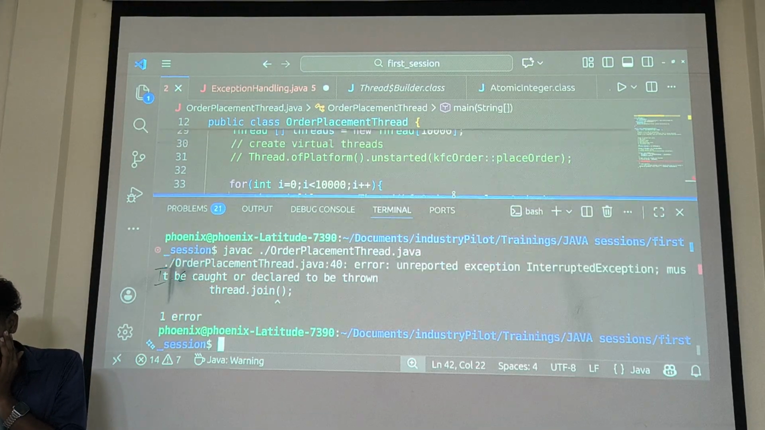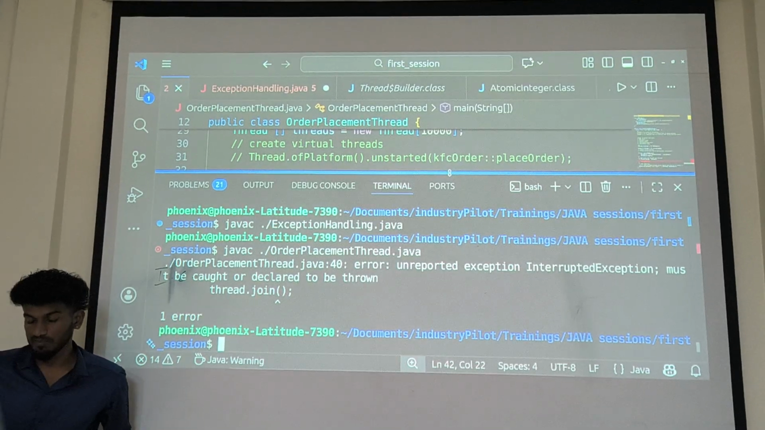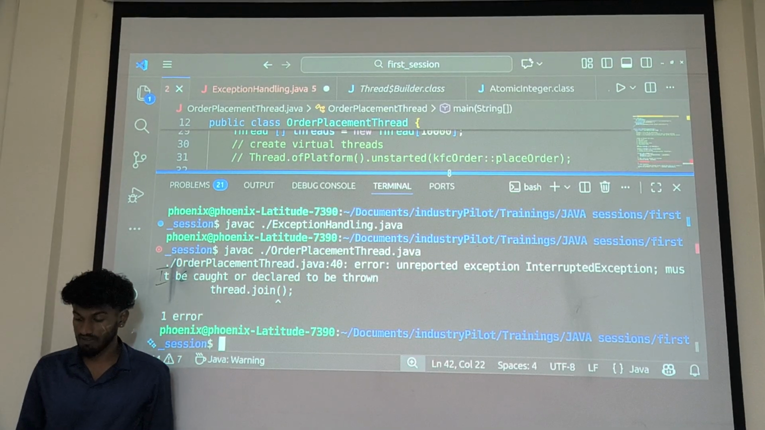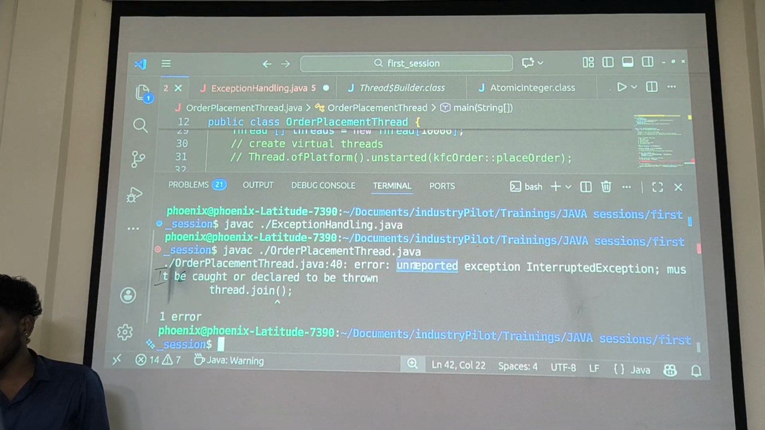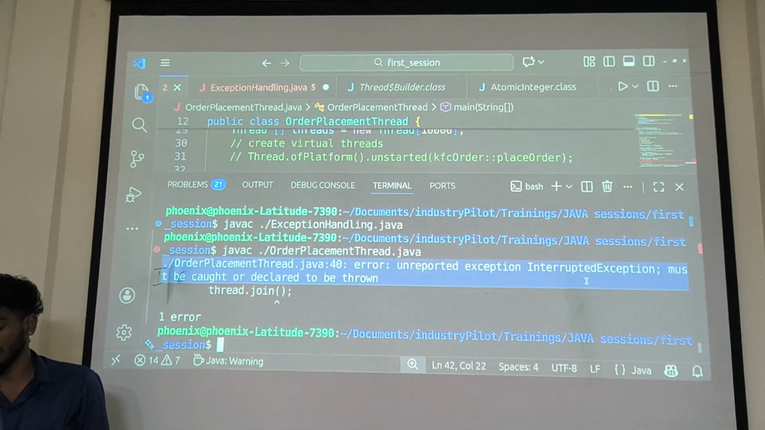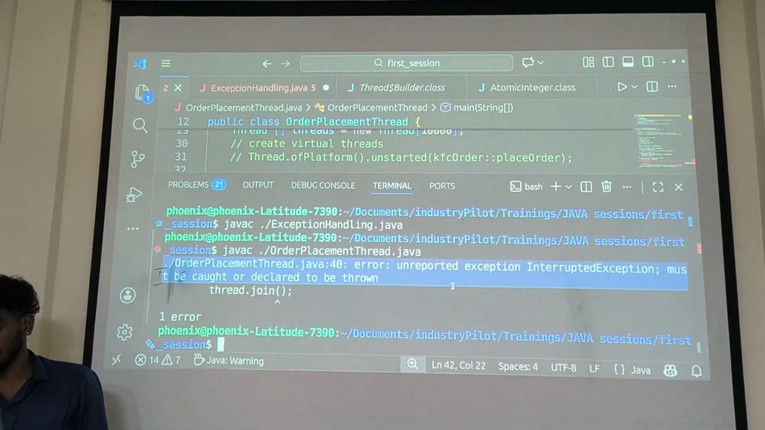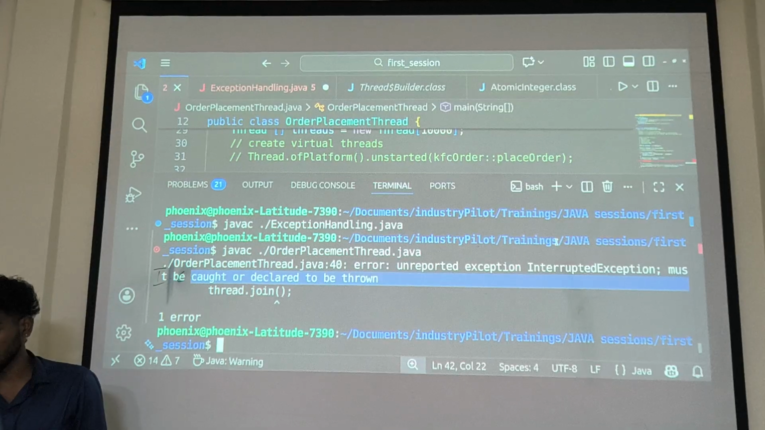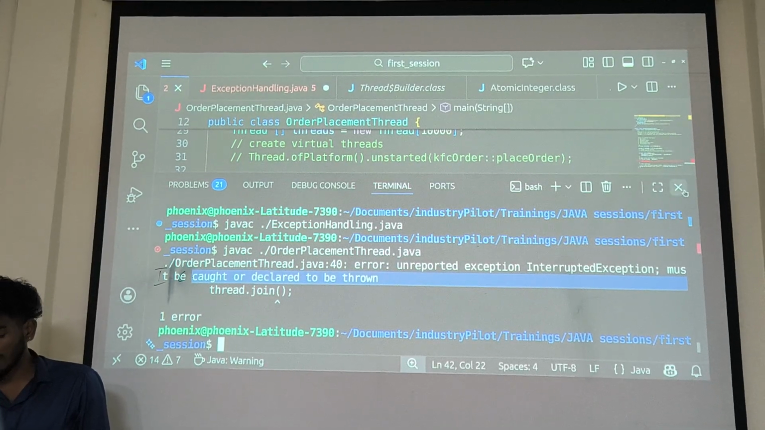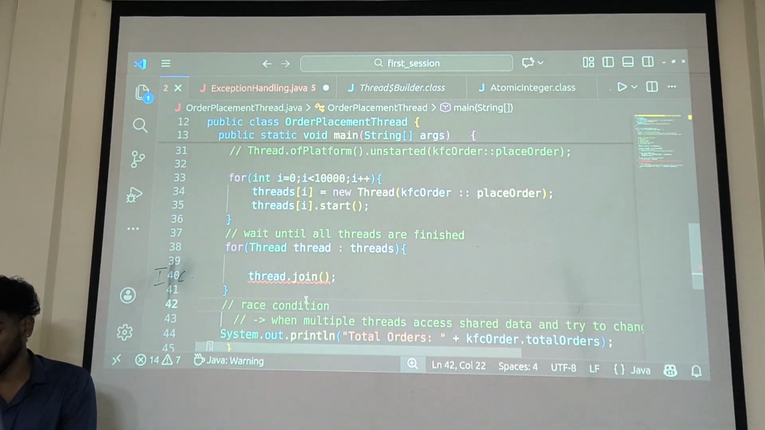This error is not coming from our code. Where is it coming from? Order placement error, unreported exception, interrupted exception. What is meant by that? Read the next line a bit carefully: must be caught or declared to be thrown. What is meant by that? Whenever you are calling this join method,